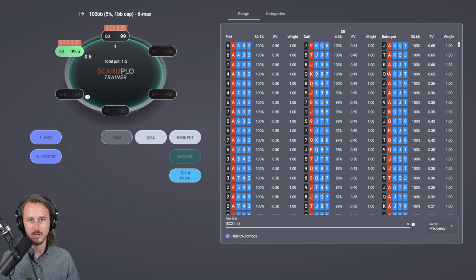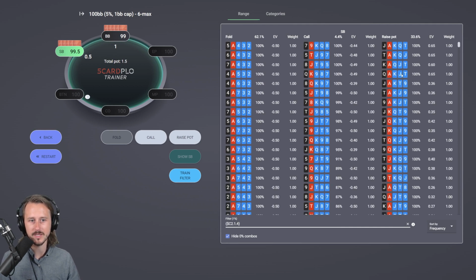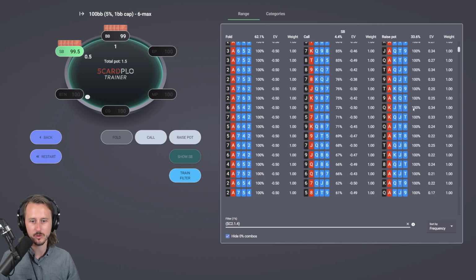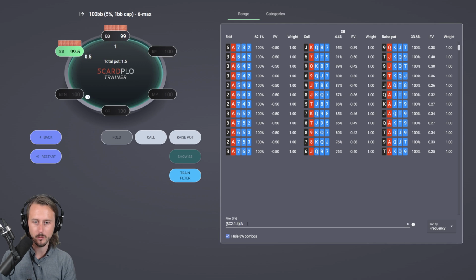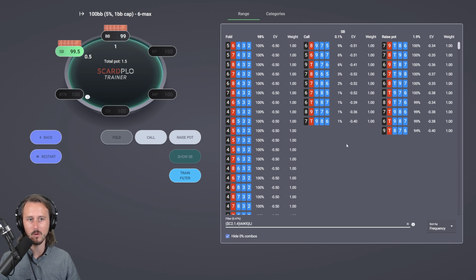hands. You can see that on the right side, the ones that we are raising are the ones with an ace and a bunch of Broadway cards, first of all. So let's say we remove an ace, a king, a queen and a jack. Let's see what happens. So we're looking at the low hands only. You can see that we're basically folding all of these